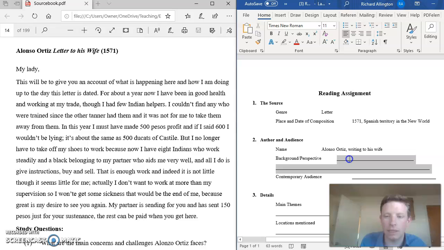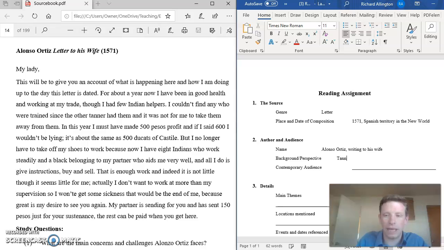Background and perspective. Again, this is where it's very important for you to infer, to think about the background of Ortiz. What do we know about him? We know that he is a tanner. And we know that he has a business partner. And what else do we know?